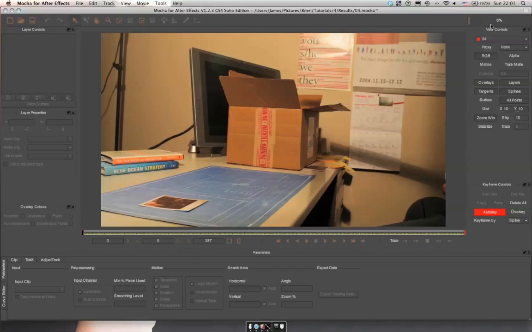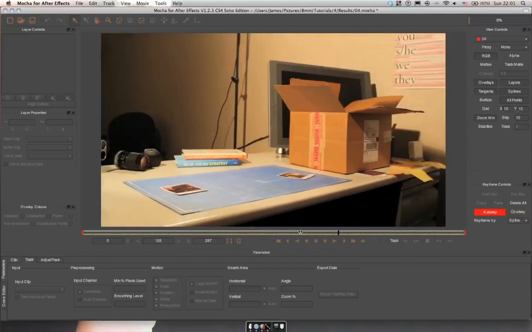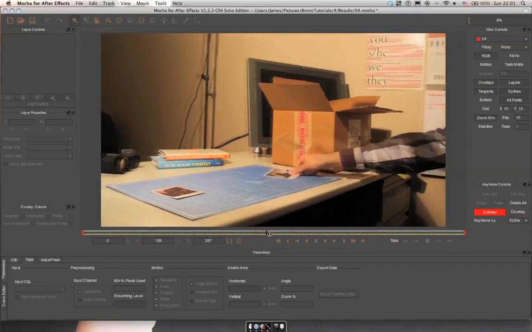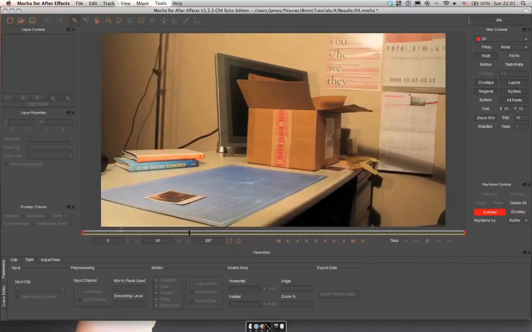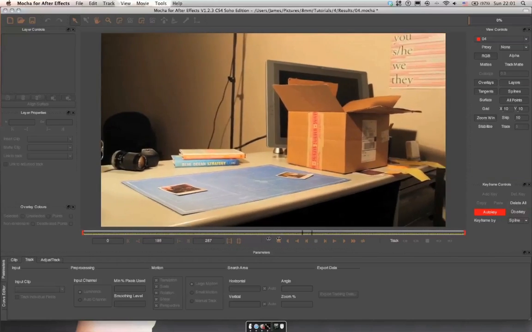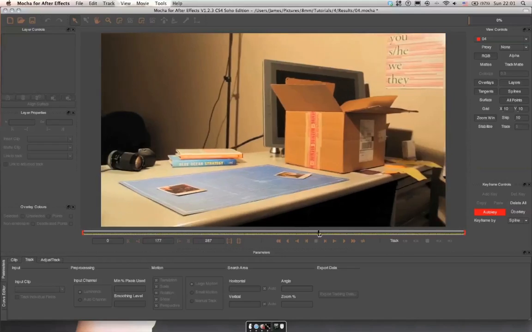So once this is done caching, you can see that we can scrub through this very easily. And as I'm scrubbing through this, you can see that we have some slight camera shake. It's not too bad, but something that we definitely want to eliminate, as for this project that I'm working on,